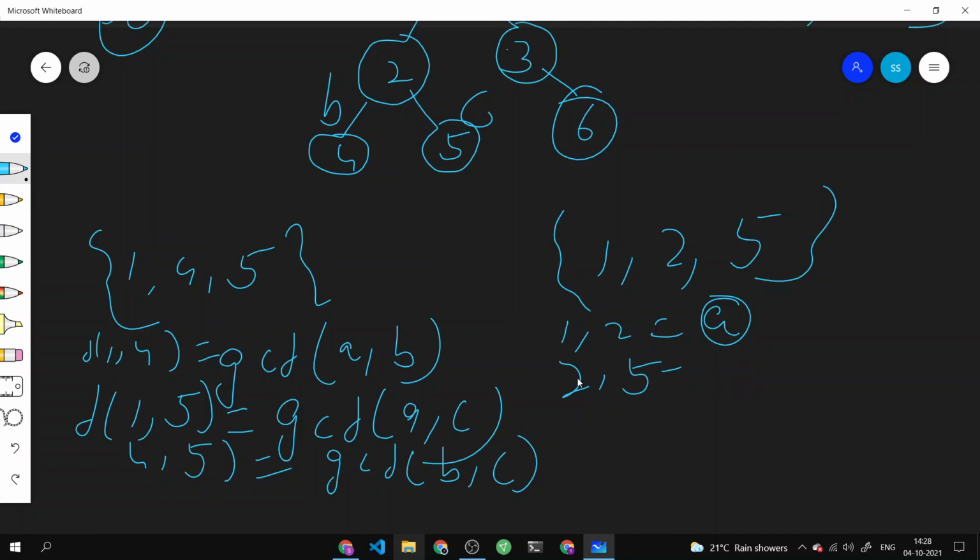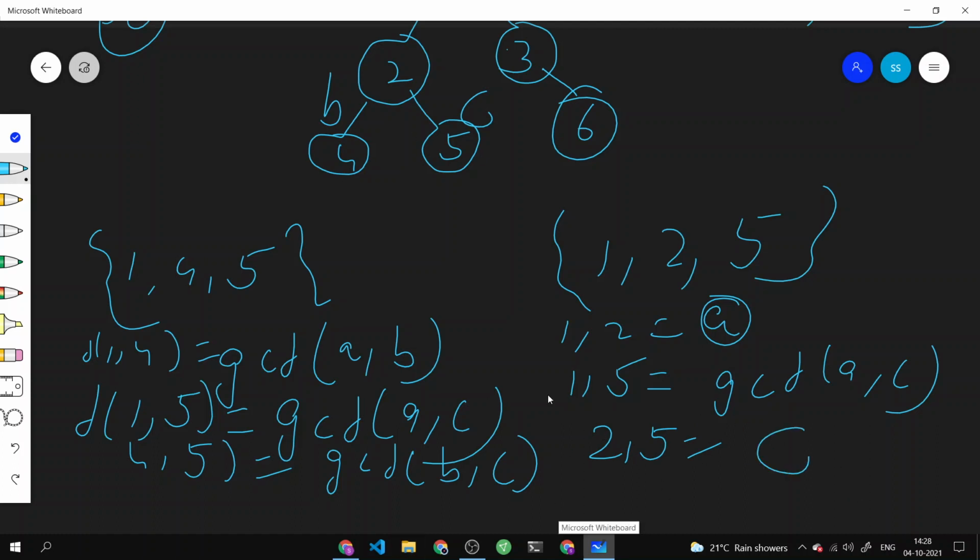Actually, we should be taking 1 comma 5 over here just to make it slightly simpler to understand. So the distance of 1 comma 5 will be equal to GCD of A comma C, again because there are two edges between 1 and 5 over here, right? The A and the C. And the distance between 2 comma 5 will be equal to C, because there is again only one edge.